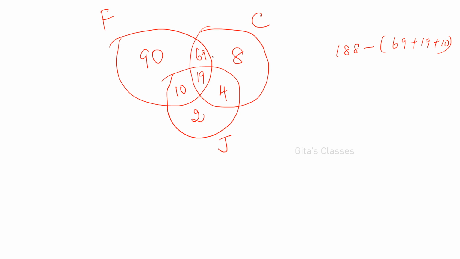If a student has registered for at least one subject, they will come into any one of these circles. Any one of these places will be there for the students who have registered. So the total is 250. You add all these numbers, you will be getting 202, right? Then subtract from 250. If they have registered for at least one course, they will be entered in the circle. So this is 250 minus 202. It is 48.